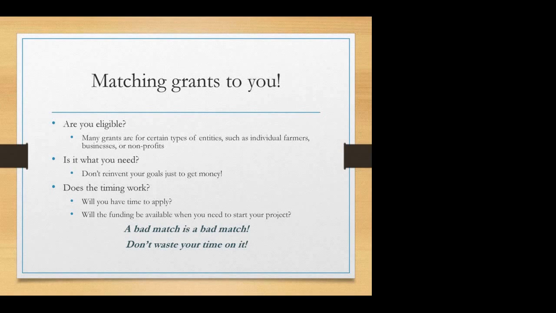First thing is to make sure you're eligible. The number of federal grants available to individual entities is not everything. There are more available to nonprofits, land grants from the federal perspective, but groups of producers can sometimes apply. Farmers markets can apply. Value-added producer grant program is obviously for individuals. The Rural Energy for America program is for individuals and small rural businesses.